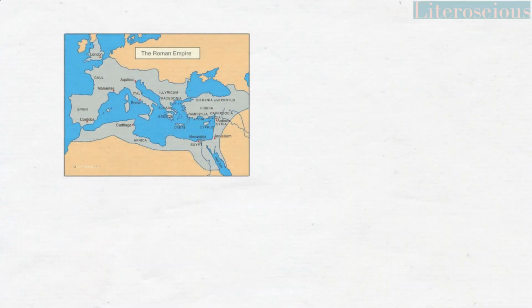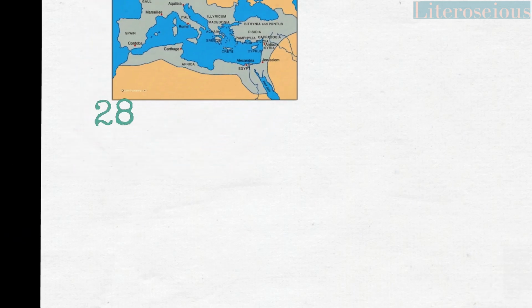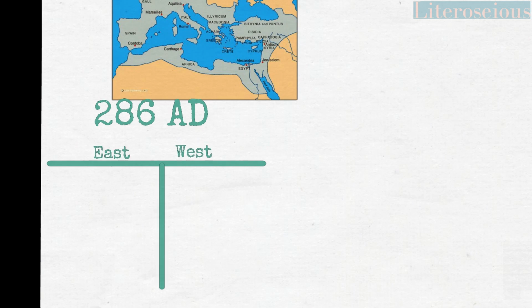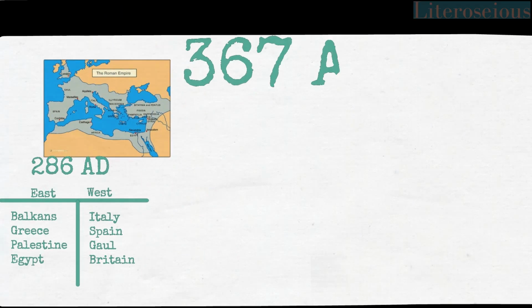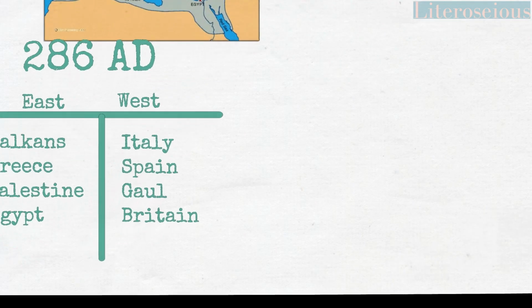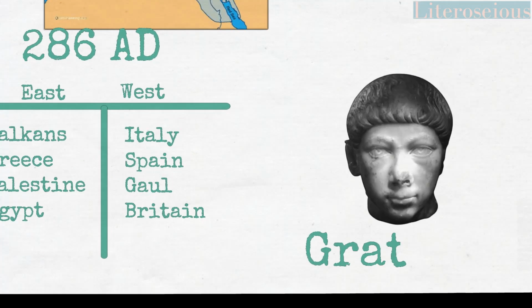The Roman Empire was so huge that it was impossible to administer it from a single center. Hence, in the year 286 AD, it was divided into two: the Eastern Roman Empire, which comprised Balkans, Greece, Palestine and Egypt, and the Western Roman Empire, which comprised Italy, Spain, Gaul and Britain. But our journey actually starts a quarter of a century later with Gratian, the son of Roman Emperor